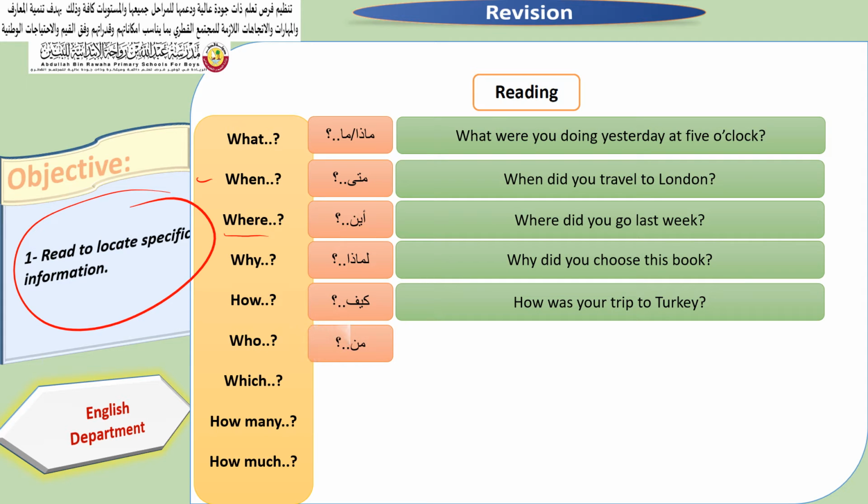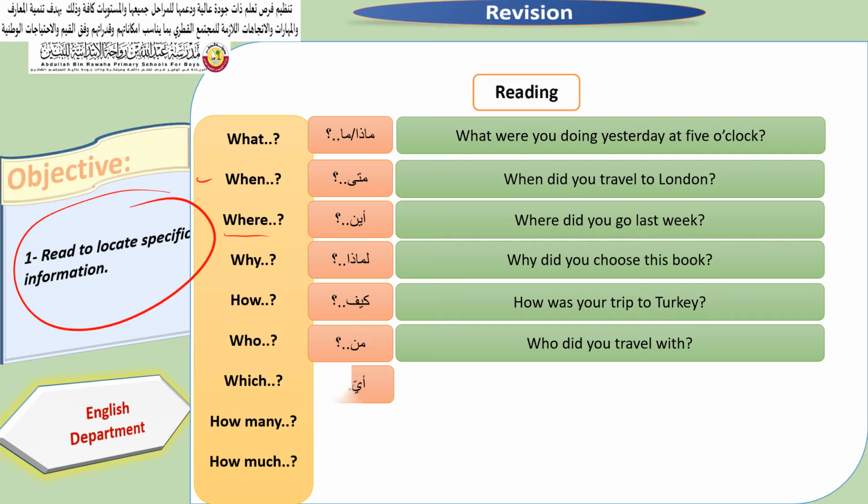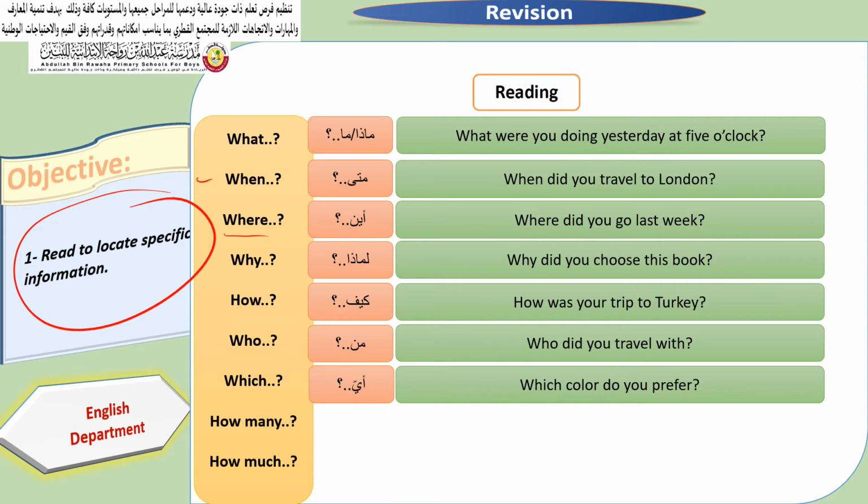Now, number 7 is who, which means men, to ask about people, to ask about the doer. Here, for example, who did you travel with? مع من سافرت؟ And here we have which, which means أي, to ask about choices. For example, which color do you prefer? أي لون تفضل؟